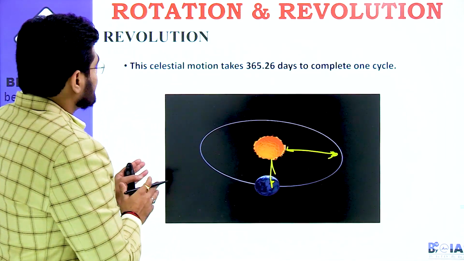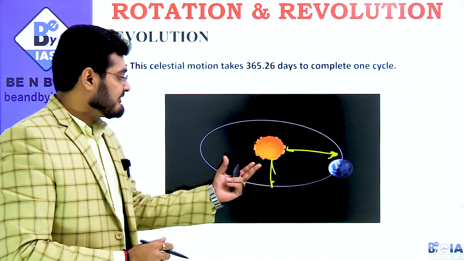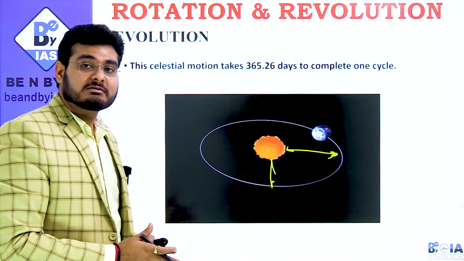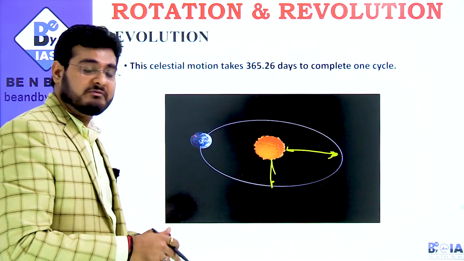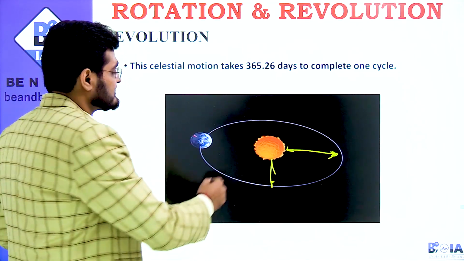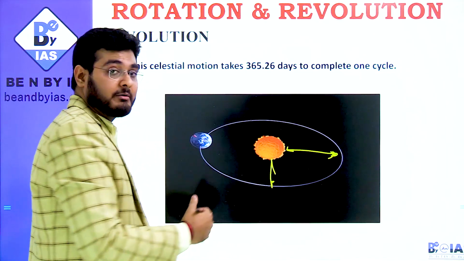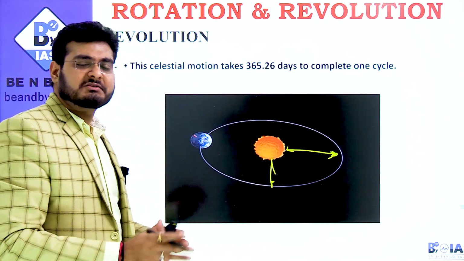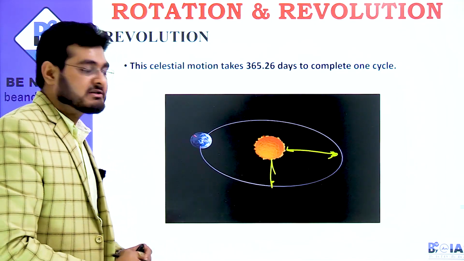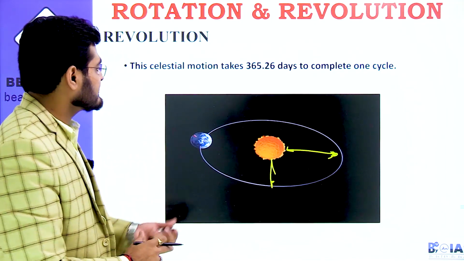Okay, so this is the rotation and revolution. Because of revolution we also get a lot of seasons, winter and summer. This is also a major factor, not the only factor, because it has been studied that because of the revolution around its orbit, and because of this equinox and this solstice, there is only 6% of temperature change, heat budget change, not very much. There are other factors as well.